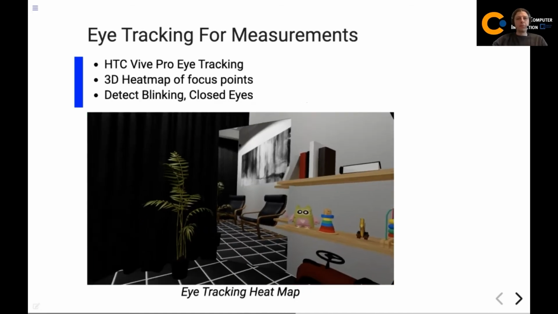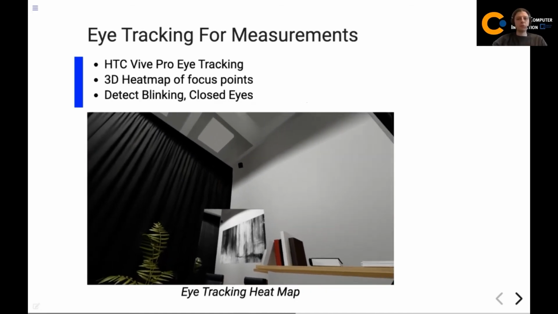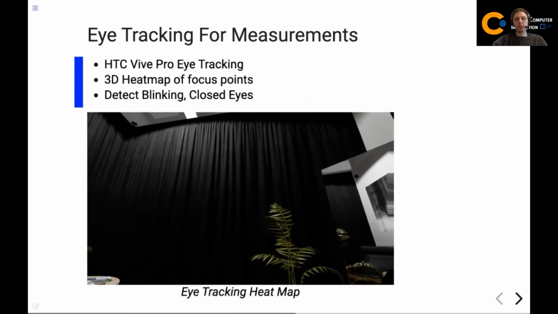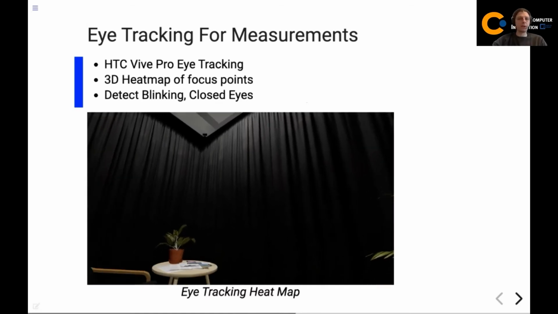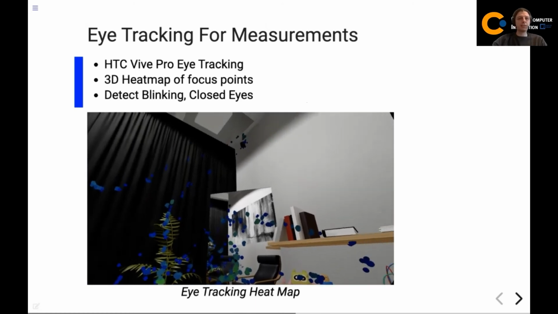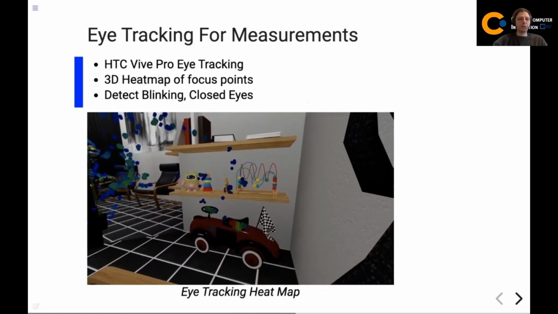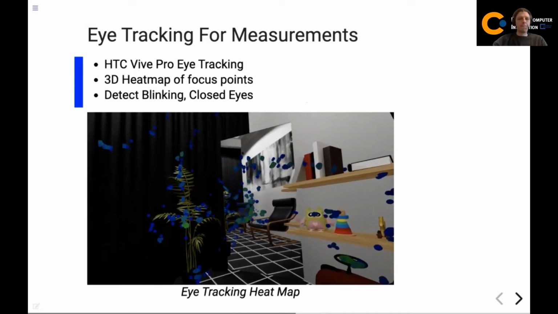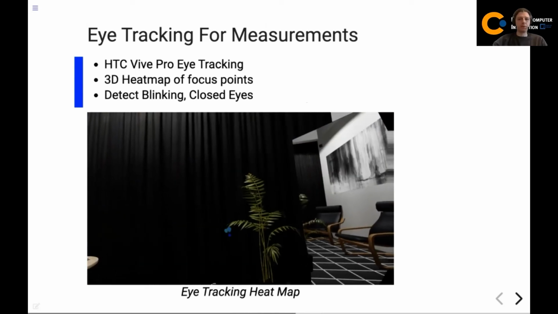Our Metachron framework also supports eye tracking. We want to use this for further analysis. So which participants are more interested in the virtual scene, if distracting elements work as we expect them to work. We can visualize a 3D heat map in this virtual environment. What you see here, different colors for longer fixation points. And here you see also a live example of where the participant is looking.